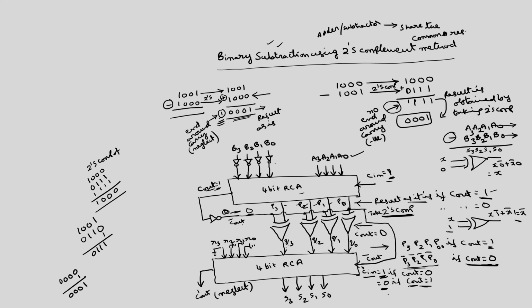I will just discuss this adder-subtractor, then I will write a Verilog code corresponding to the adder-subtractor by instantiating these 4-bit ripple carry adders, because in the earlier lecture we have discussed how to write the Verilog code for a 4-bit RCA using full adders, then full adder using half adder and so on. Now, what is the modification that we have to do here? So, now we will consider 4-bit binary adder-subtractor.